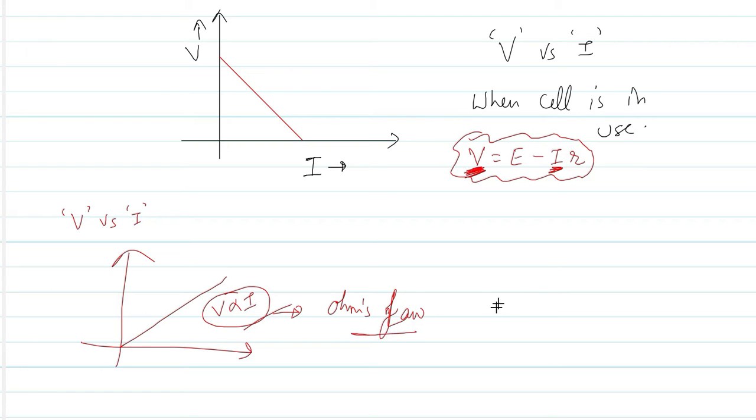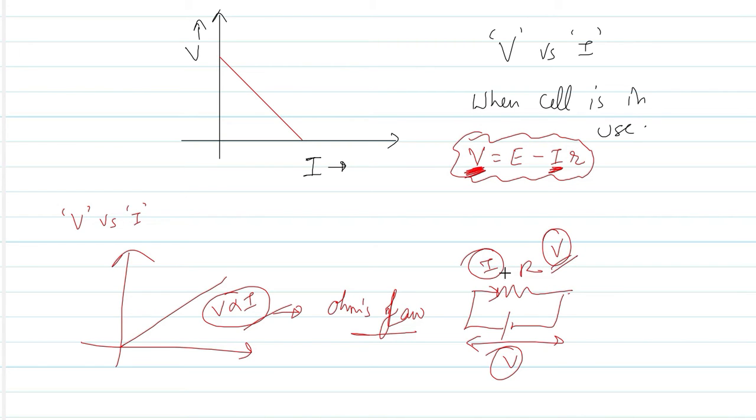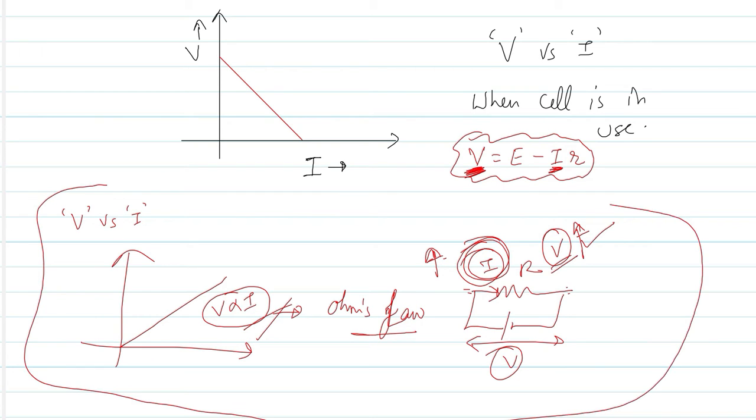And how does it work? Let me tell you also. Suppose we have a resistance and a cell is already connected to it. Now the potential difference is V and the current flowing is I. While studying Ohm's law, we create some potential difference across the resistance, and due to this potential difference some current starts flowing through it. So Ohm's law says that the greater the potential difference, the greater the electric current flowing through it. So this is the concept of Ohm's law, right? Keep this whole thing aside.